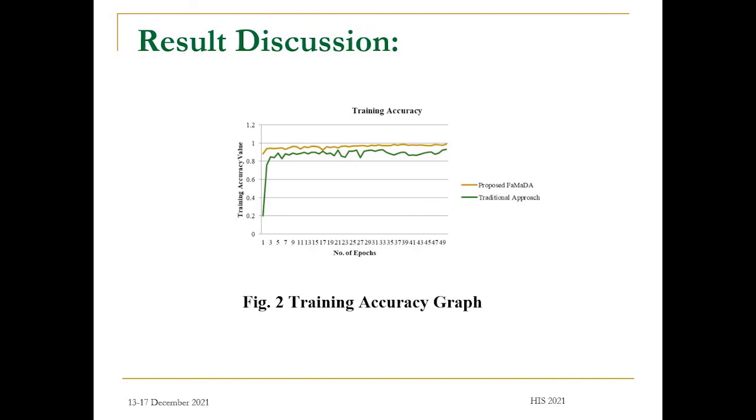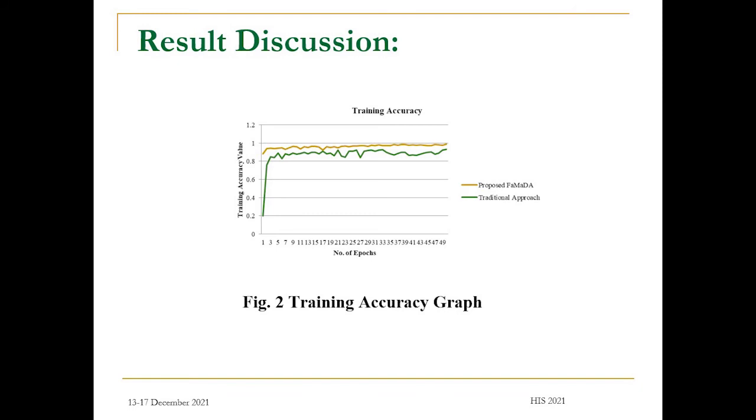Now let's discuss the results. The model was trained for a total of 100 epochs. First, the training accuracy. After running 50 epochs, one can see that the training accuracy of the proposed model is better. When trained for 50 epochs after data augmentation, the accuracy curve reveals good accuracy with little sign of